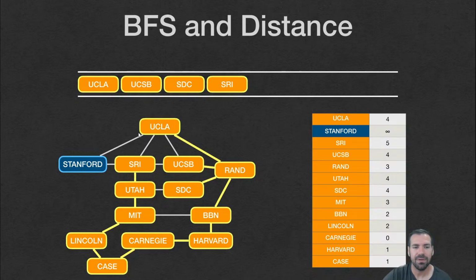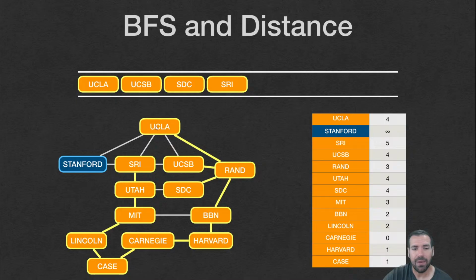Once it finds Stanford, we know that the shortest path between Carnegie and UCLA is distance 4. It's this path right here that we found. We know the distance from Carnegie to UCLA is 4. And if we can get to Stanford with one more edge, and we know that Stanford's distance isn't 4 or less,